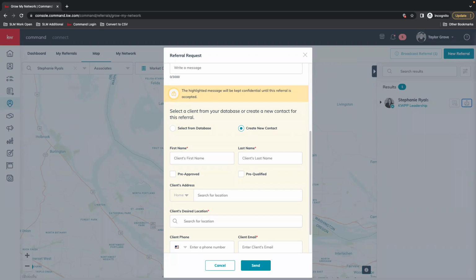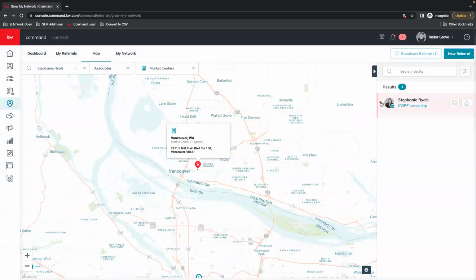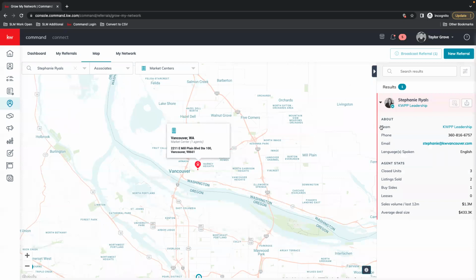Okay, and then there was another question I want to make sure that I don't skip over since I see it. What if the market center under my information does not match my real information? So if you are looking at your profile, like this contact information, for that, I'm going to say email us so that we can make sure.